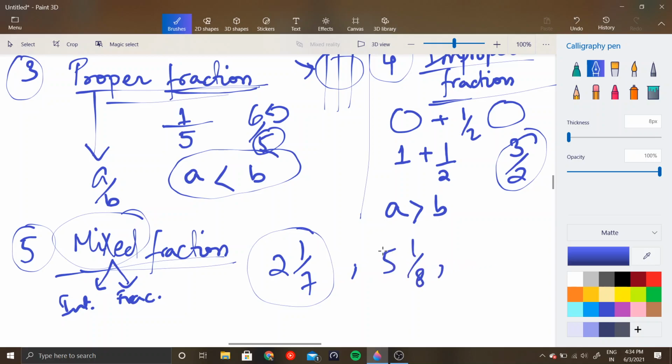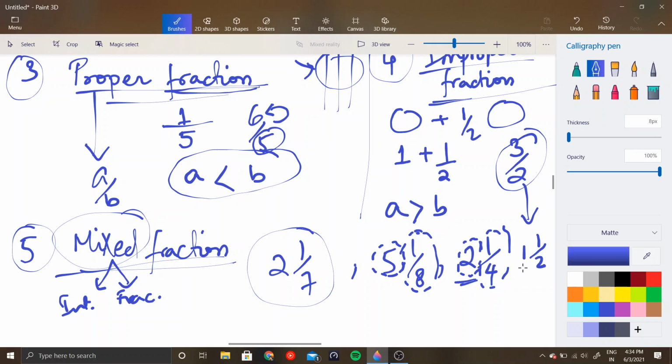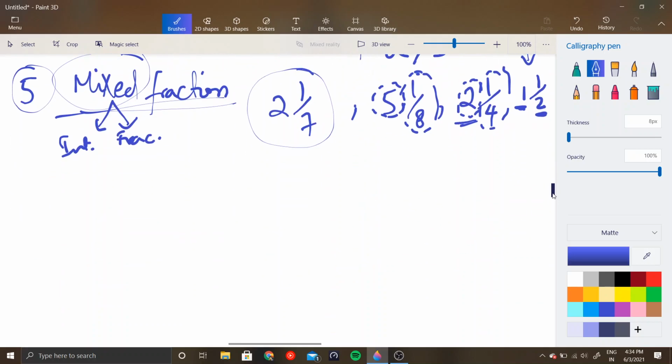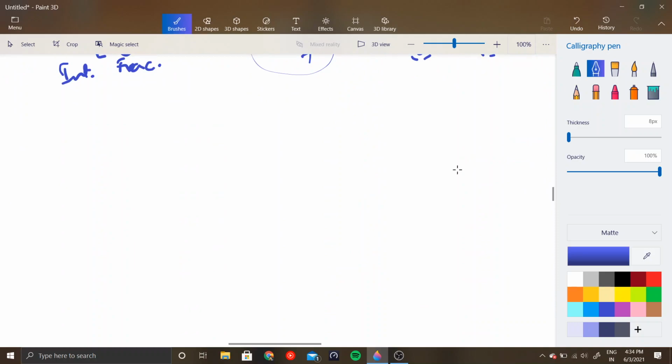Basically you will have a total integer part and along with that you will have a subpart. So what that means is, if you have 2 and 1/4, you have the entirety of 2 and then you have 1/4. Similarly, if we convert 3 by 2 into a mixed fraction, it will be 1 1 by 2. So you have the entire cake and you have half of the other cake. That's what mixed fractions are about.